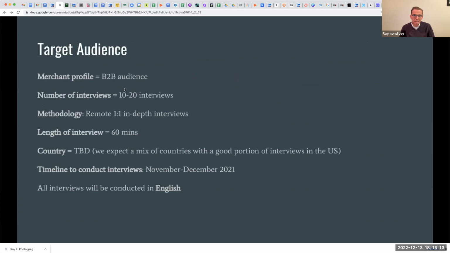Now they've said it could be 10 or 20. And so in a case like that, I would assume one or the other and then let them know with your bid, my proposal is for 10 interviews. So let's just assume it's 10 interviews and we'll prepare the proposal for 10 interviews. And if it turns out to be more, then you could say, well, I'll adjust my bid, or additional hours I'll bill at a certain rate.